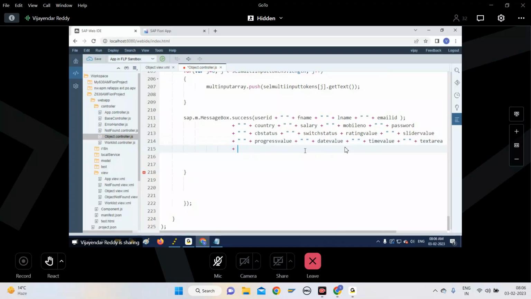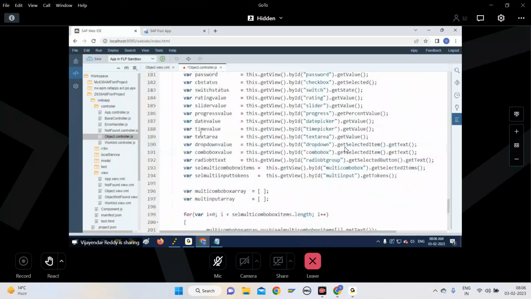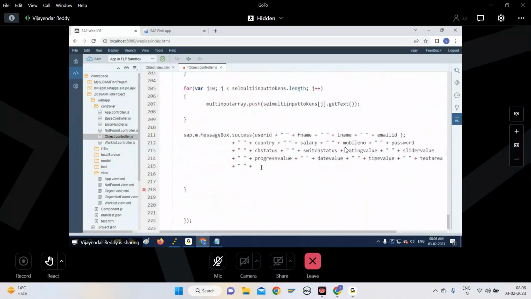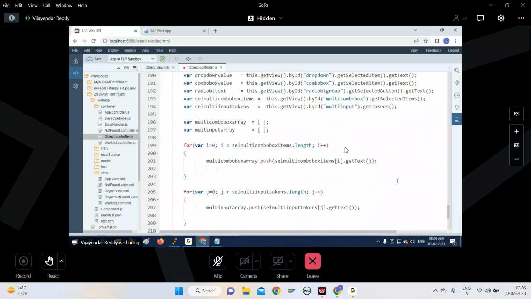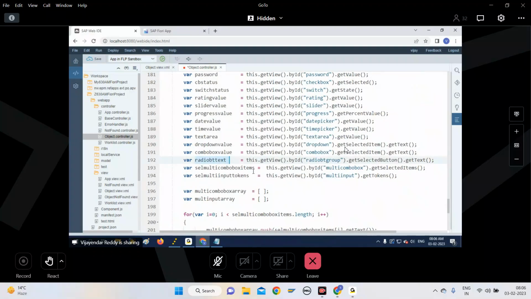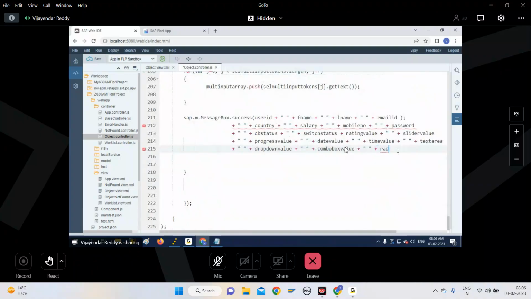Then date, time, text area. Now there is drop down box value, combo box value. Drop down box value plus combo box value, plus radio button text. Radio button text, plus